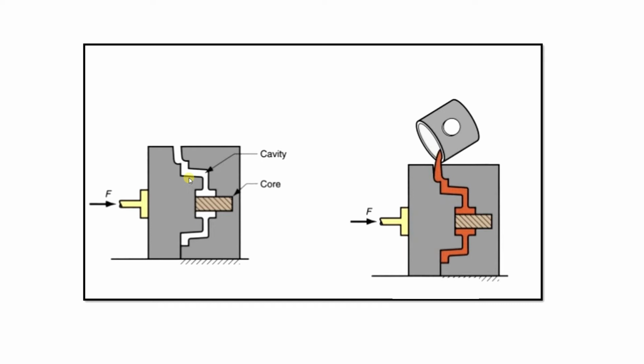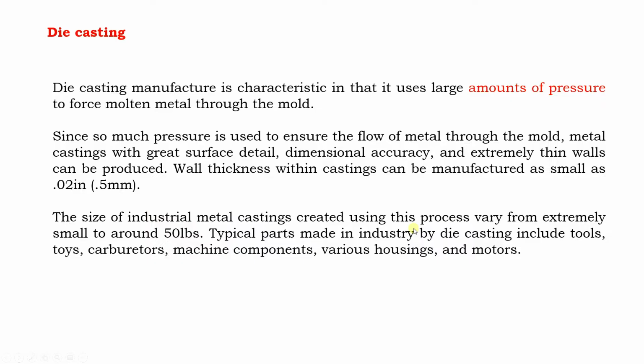Most of the time we are using tool steels to produce this. Sometimes if we need, we can put in some cooling circuits, and some ejector pins will be available. Once the process is completed, the force will be taken back, it will move here, and the ejector pin will push the component out. After the solidification we can take it out.